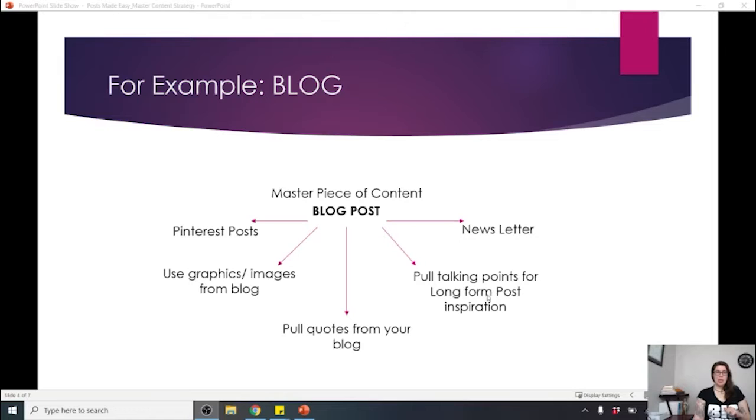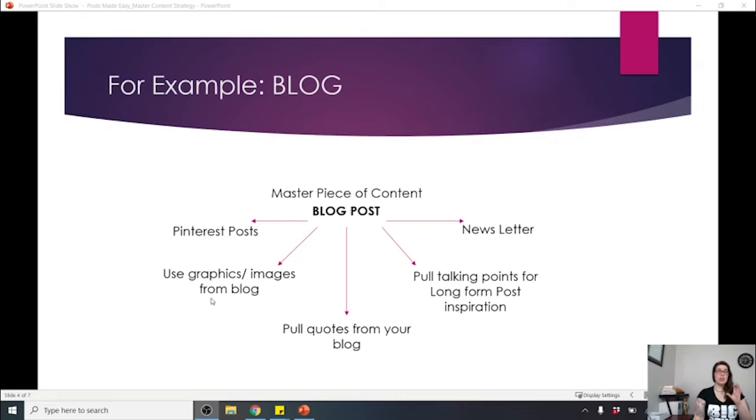Here we're able to pull a quote, so something that's meaningful, something that is like a succinct idea, something that is really getting your point across, or just something that has impact. So we're able to pull that out and throw it into something like Canva, where we can create a beautiful little graphic, and we can even quote yourself, and then we're able to use that as a post.